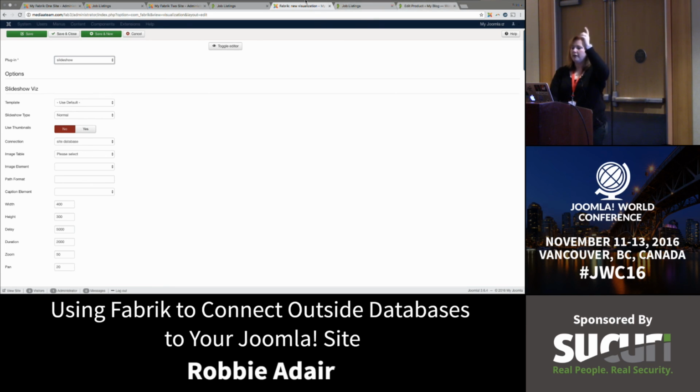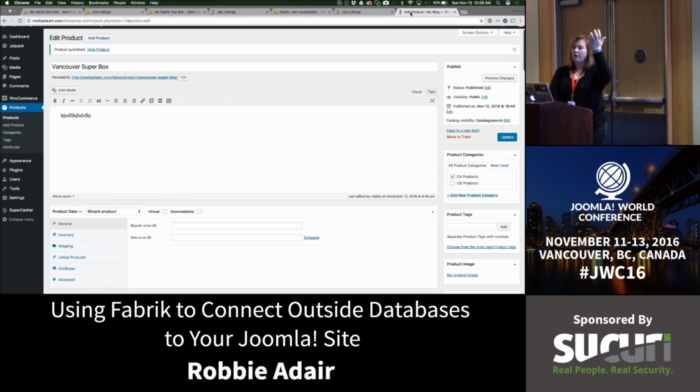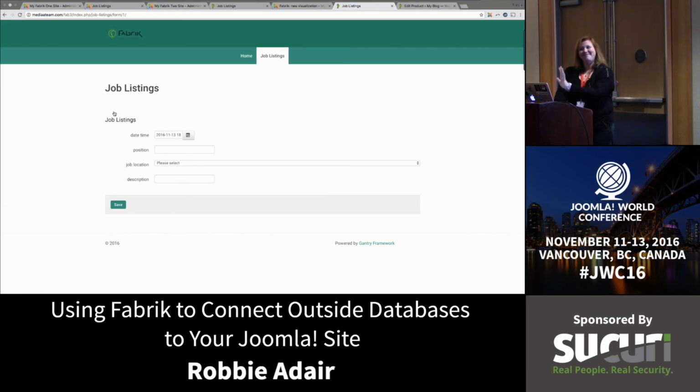By the way, one more thing, because I didn't really point that out. I want to point that out, and I'm going to show you here now that we've got this one set up, since I've got it wide open. I connected this to that database on Fabrik 1, right? But this is Fabrik site 3. But as long as I've set it up properly, again, I needed that database join in there. Once I had the database join,